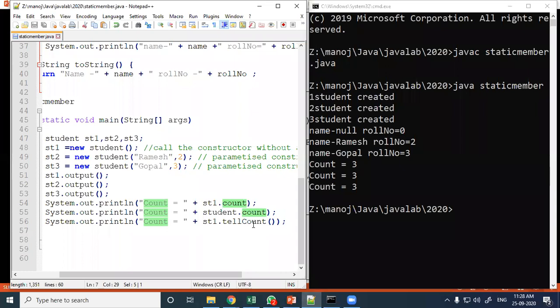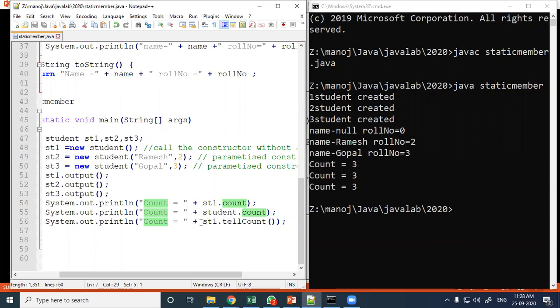And because it is static, it can also be accessed through the class name. Remember, you can access the static member through the class name also, but it should be public.